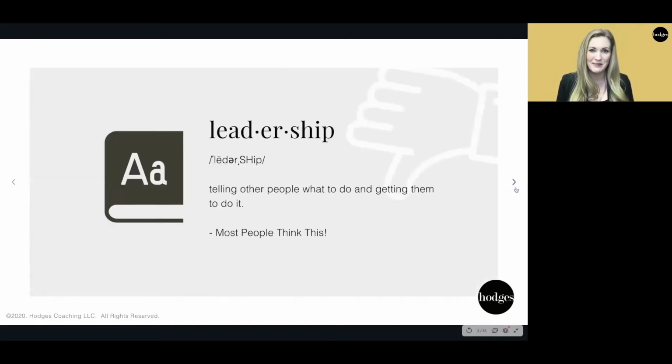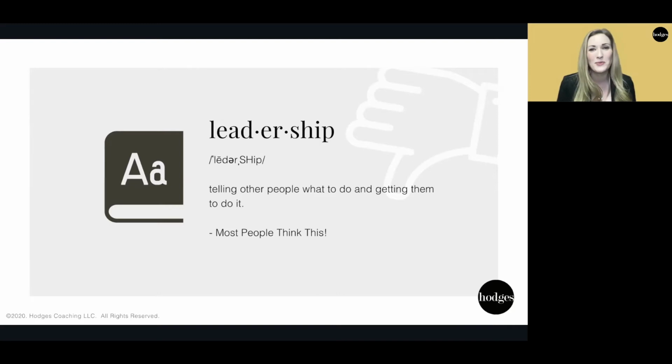So, leadership, our classic kind of crappy definition: telling other people what to do and getting them to do it. Now, we can all agree that in general, you hire somebody to do a job and you do hope that they do it, right? Or you do expect them to do it.